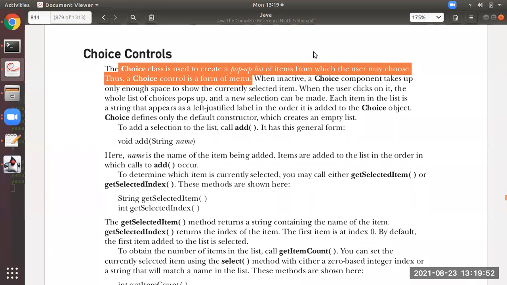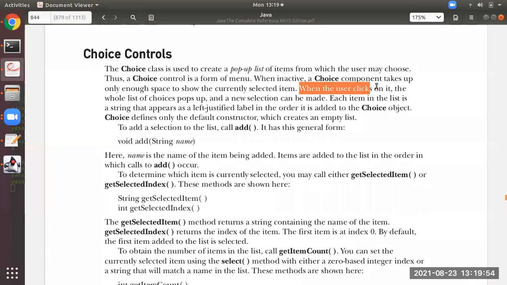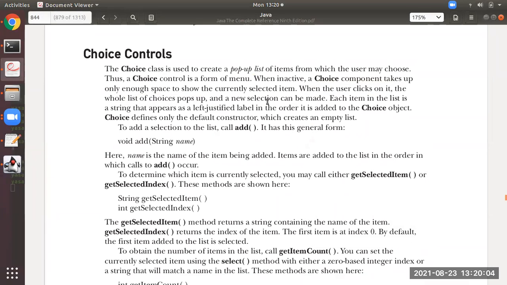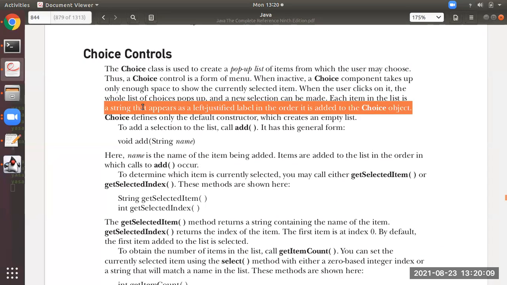Again, see here, when the user clicks on it, the whole list of choices pops up, and a new selection can be made. Each item in the list is a string that appears as a left-justified label in the order it is added to the choice object.